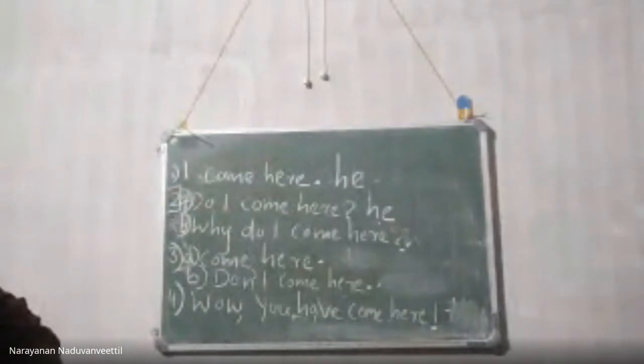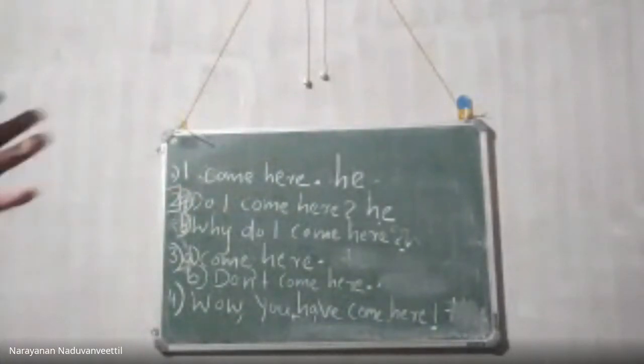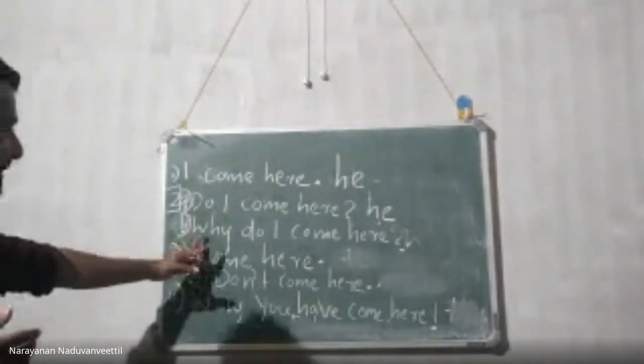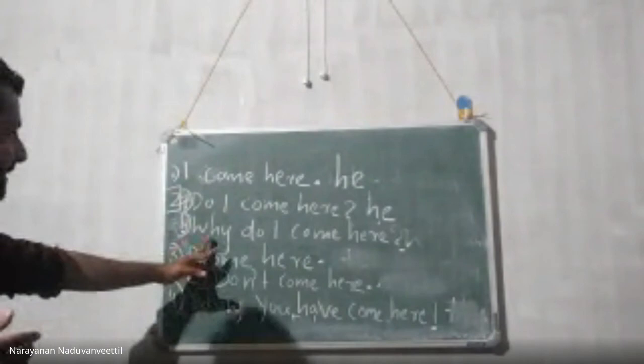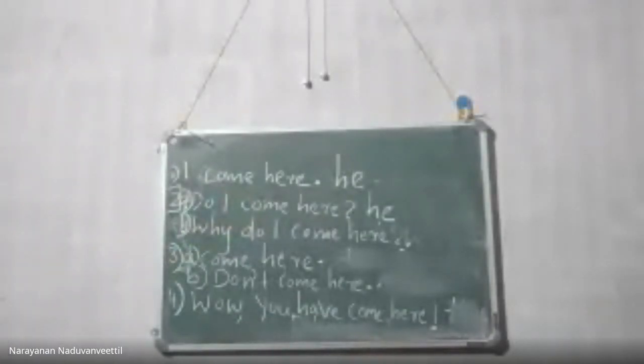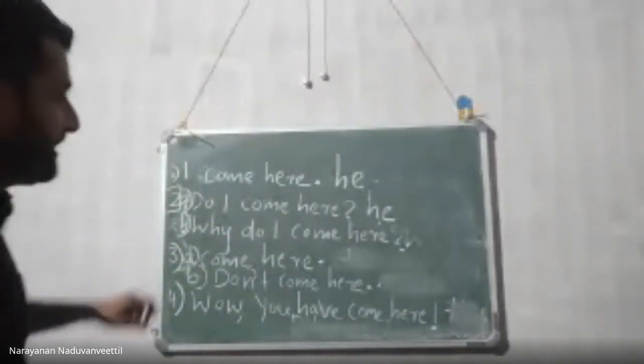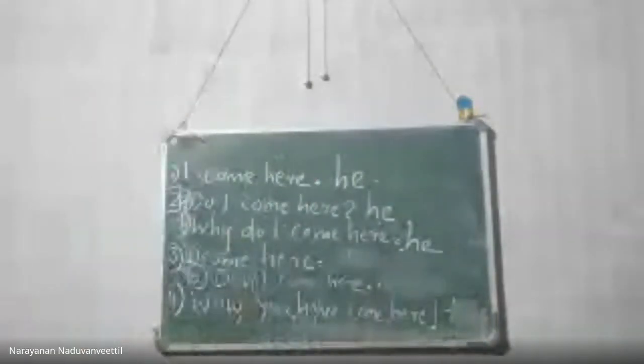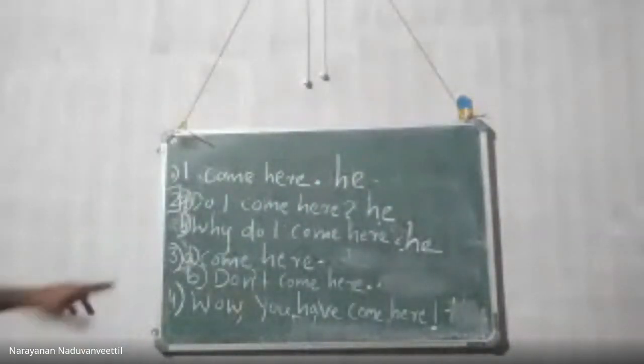So you have to find the subject immediately. "Why do I come here?" Subject is I. It is a first person pronoun. You have to change I to he. Here we go. Rohan asked Rahul why he...